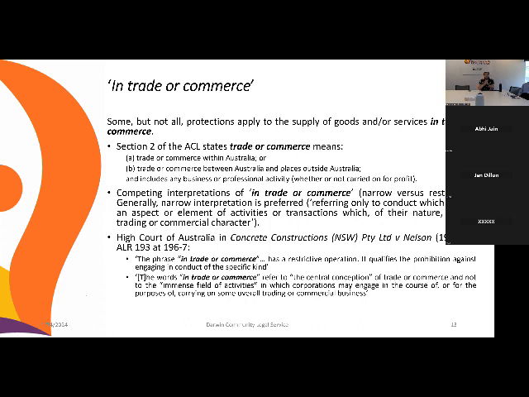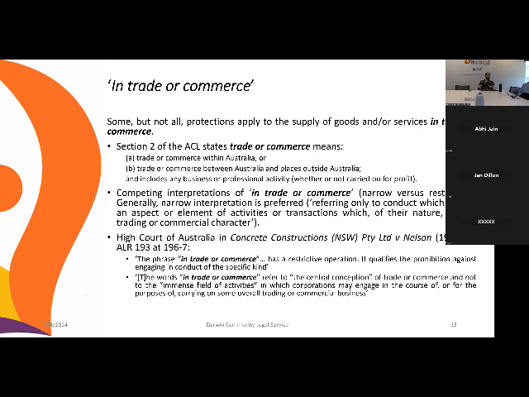So as they say here, the central conception of trade and commerce, and not the immense field of activities in which corporations may engage in the course of, or for the purposes of carrying on some overall trading or commercial business. Now, the example that they used to explain why a broad interpretation shouldn't be favoured is that theoretically, if a broad, expansive interpretation of in trade or commerce could apply,